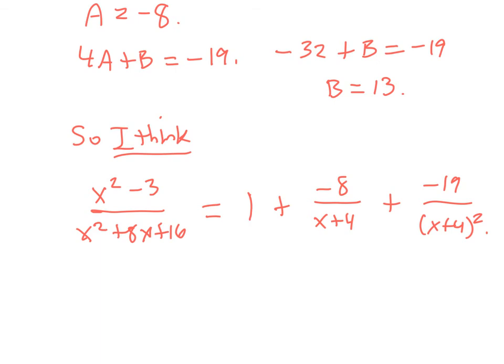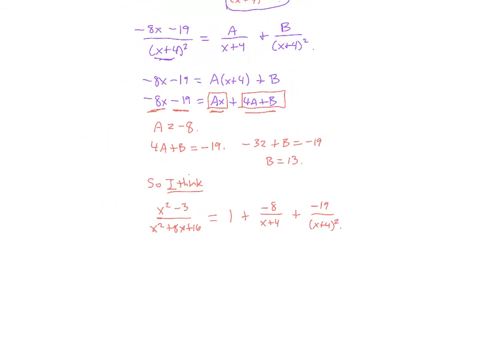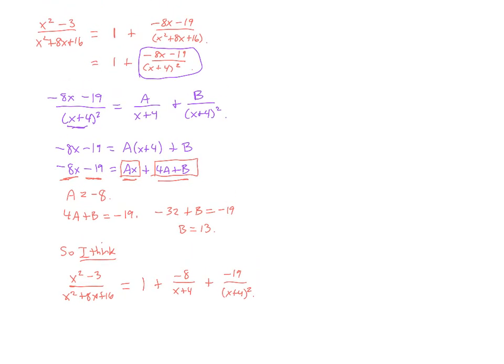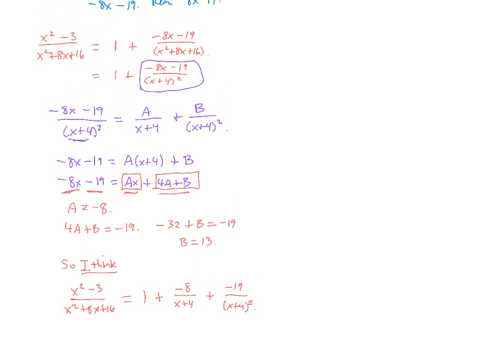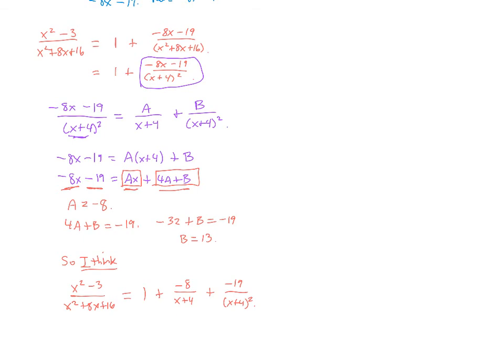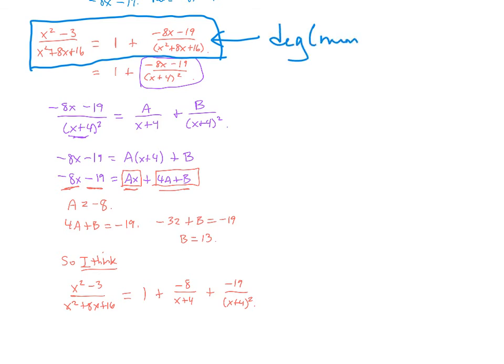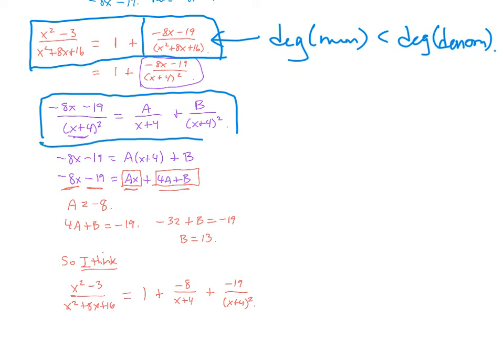All right, let's just zoom out and kind of get a big picture view here. There we go. All right, so that's what's going on here. Just to summarize, I rewrote this as 1 plus a fraction where the degree of the numerator was less than the degree of the denominator. That part's essential. Partial fractions won't work unless you have that. And then once I did that, I decomposed this part using partial fractions, and I had to use a special partial fraction decomposition there because of the repeated factor in the